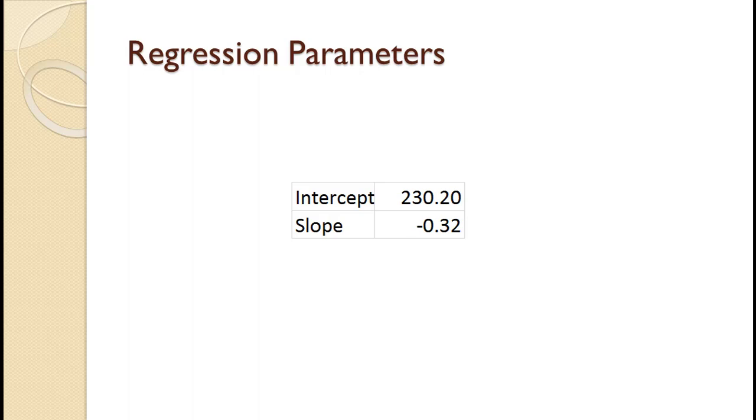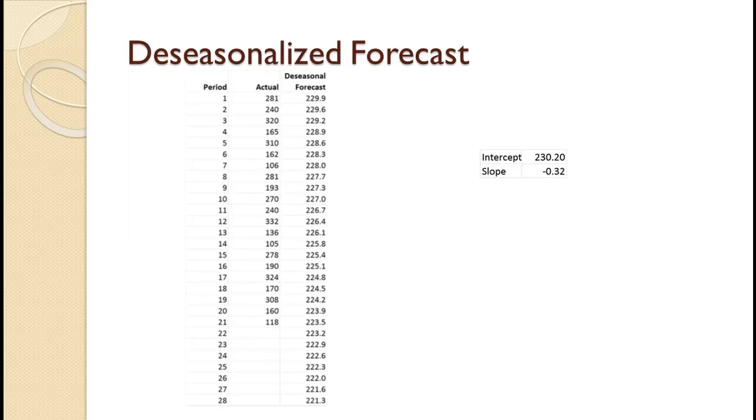The slope is very close to 0, which is what we would expect since the chart shown earlier had very little trend to it. The next step is to use those simple regression parameters to produce a forecast going one full cycle into the future. The forecast of the historical values for periods 1 through 21 and the forecast periods of 22 through 28 are